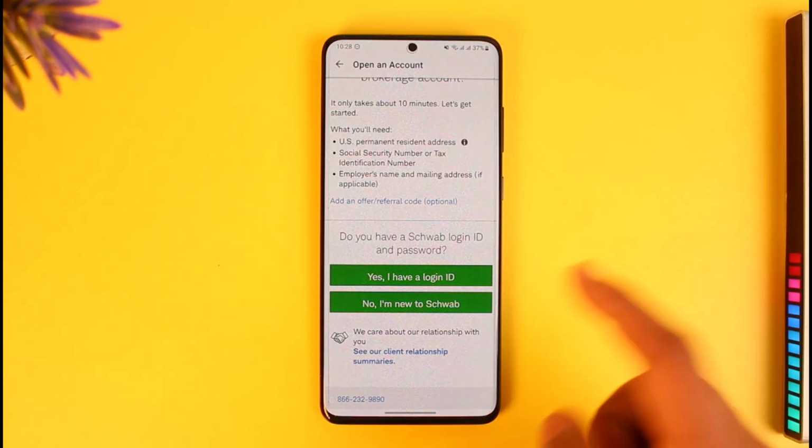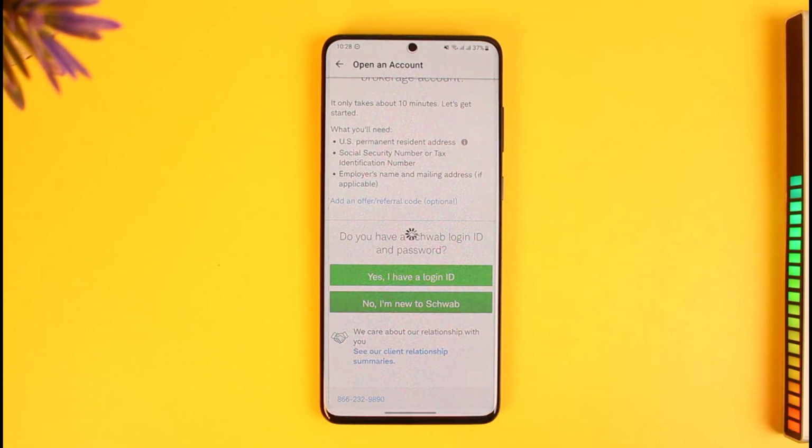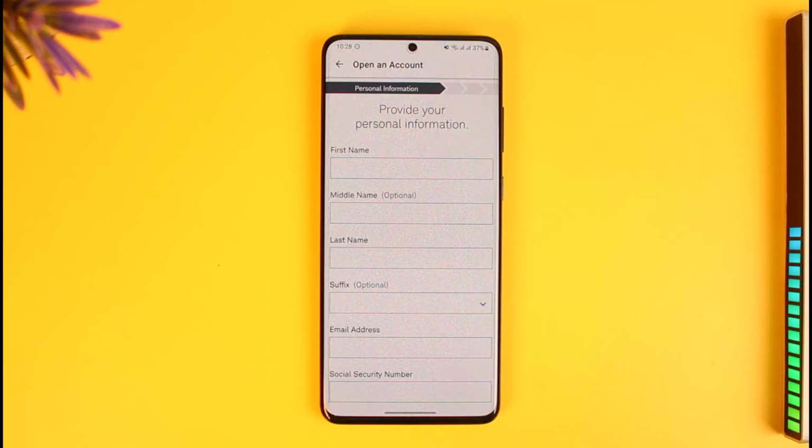So we're going to wait, and then here it'll ask you, do you have a login ID and password? So we're going to select no, I'm totally new to Schwab. If you do have, then you can select yes, you have a login ID and password, because that process is also mandatory. Then after that, it's going to ask me to provide my personal information, which would be the first